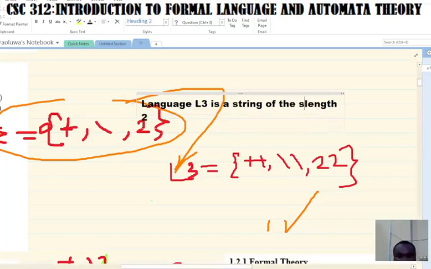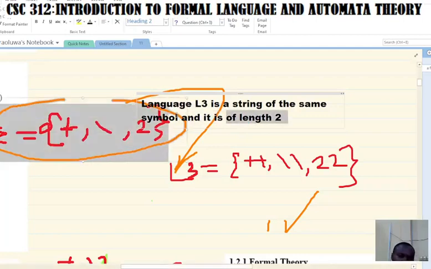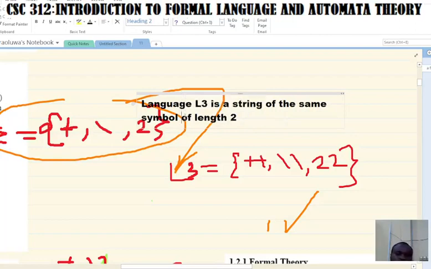Of the same symbol and of length 2. L3 is a string of the same symbol of length 2